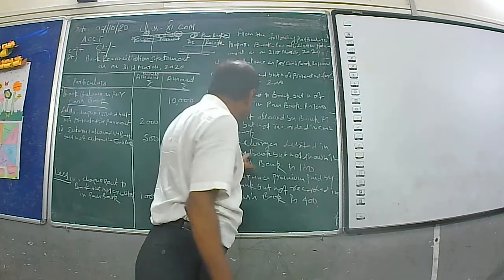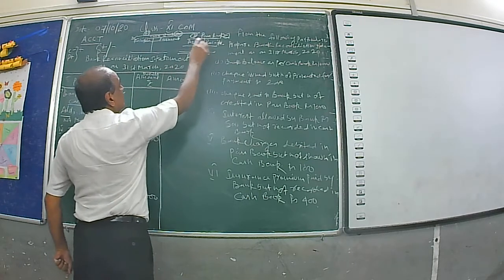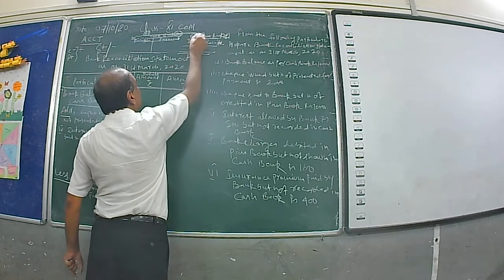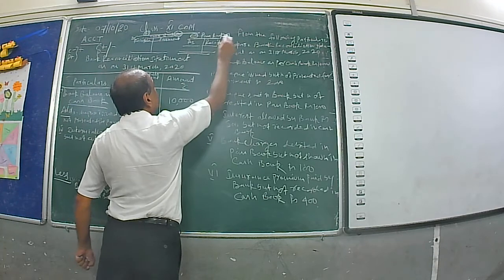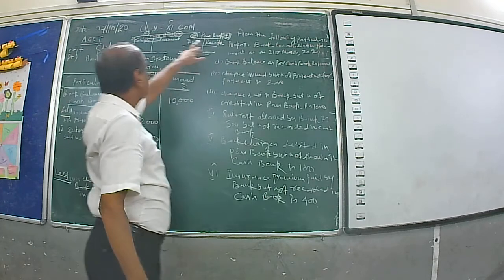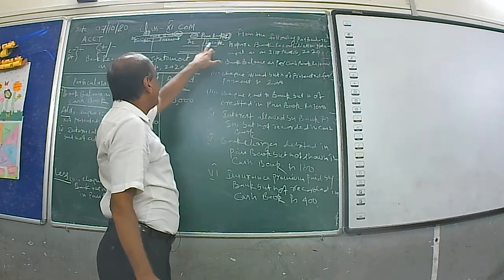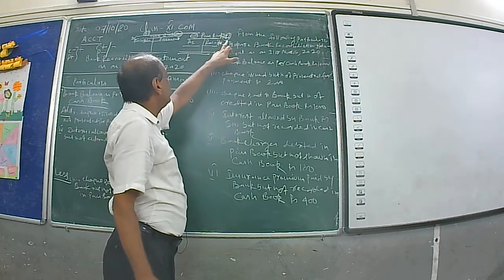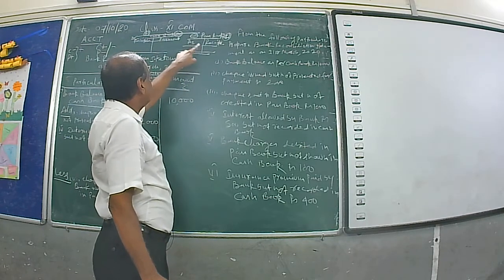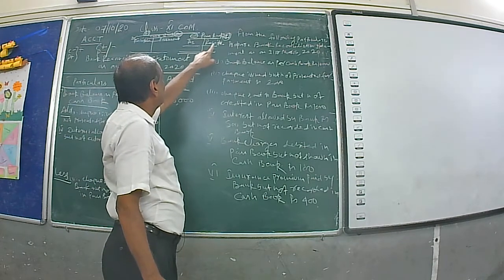Now see number 5. Bank charges debited in passbook. See, debited word is used in passbook. When the passbook is debited, passbook is in a minus position, and when passbook is credited, it is in a plus position. In other words, you can say that when passbook is debited, bank balance of passbook will decrease. When the passbook is credited, bank balance of passbook will increase.